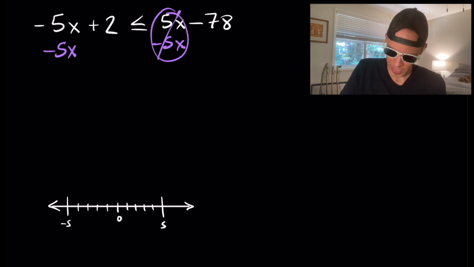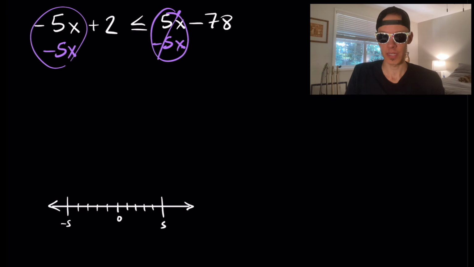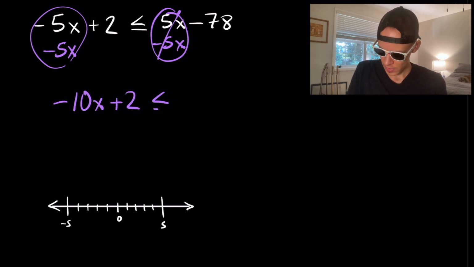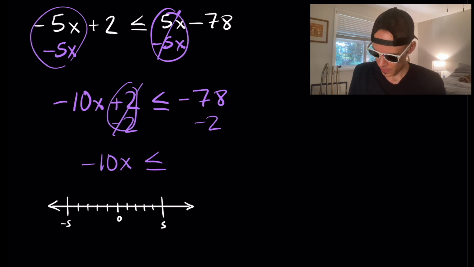These will cancel out, and over here I've got some like terms I can combine, so I'll have -5x minus 5x, which is going to be -10x, and then bring everything else down, plus 2 less than or equal to -78. And then I'll subtract 2 from both sides and get -10x is less than or equal to, these cancel out, what's that? -80. All right, here I'm going to divide both sides by -10